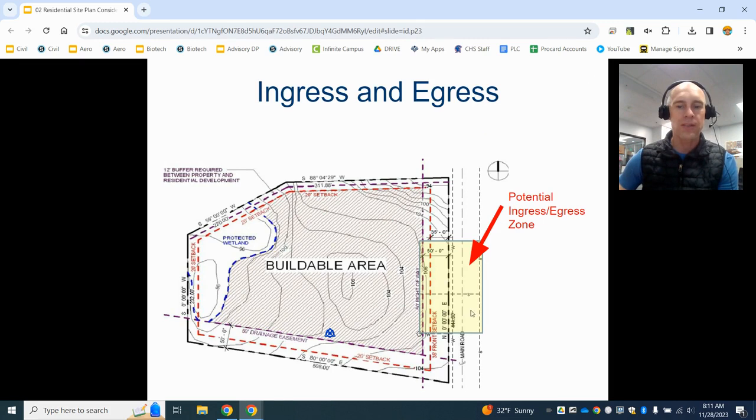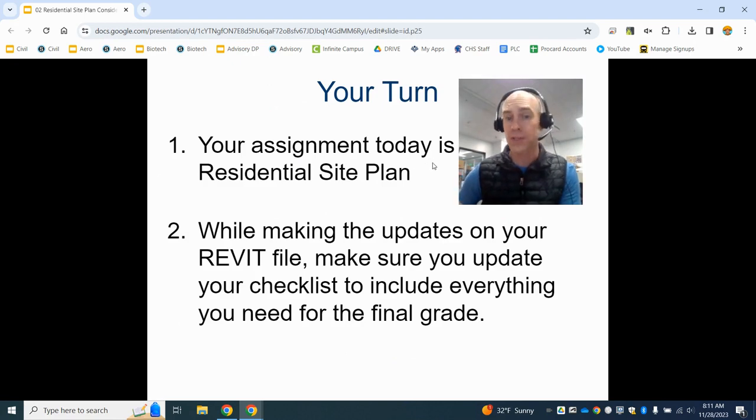So here, this is the main road. This is most likely where your ingress and egress will be. You will get a chance to play around with this a lot more second semester when we work on our large commercial site, which is going to be a very large area, and you get to decide how you want people to enter and exit that site. So please make a note of ingress and egress, what that means, and we'll use that second semester on our commercial project. So your assignment today is going to be